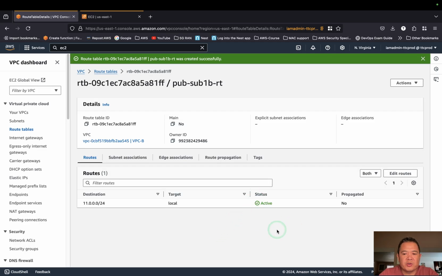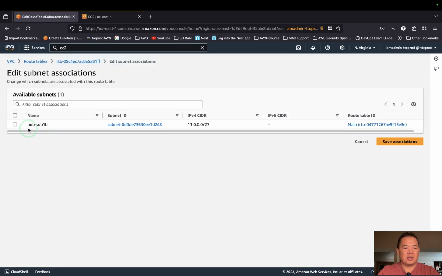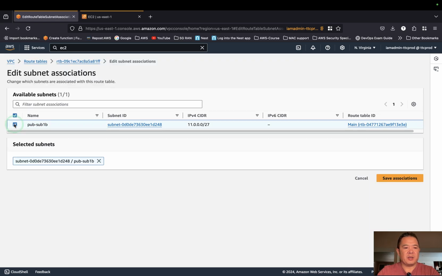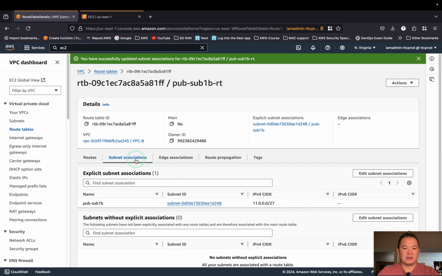Okay, route table is created now, and what subnets are associated with it? Right now there's 0 subnets associated with it, so we need to add the /27 subnet to this route table. So edit subnet association, click on the pub sub 1B, and then save association. All right, so those are the routes, subnet,